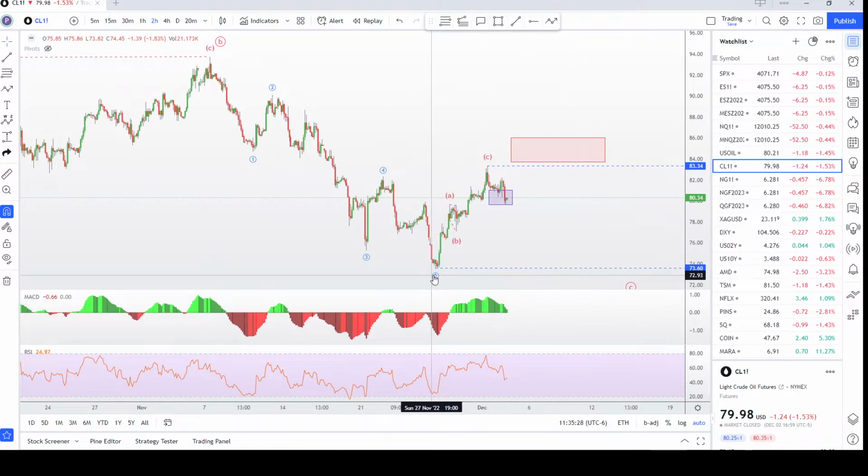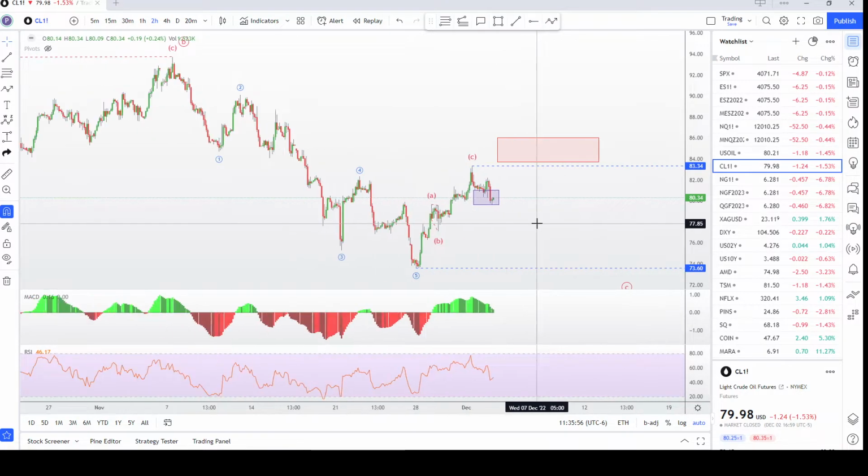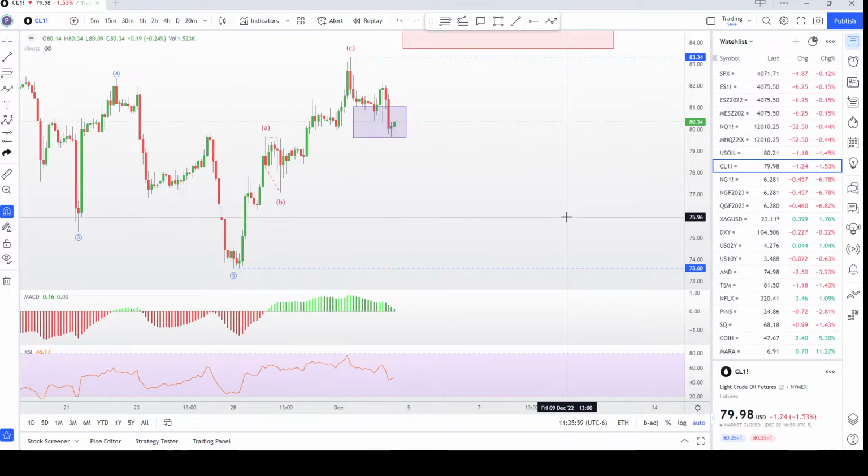So we hit the low last Sunday or Monday, early Monday morning, 73.60, and then all week it just shot up $10 to 83. But I don't think that this is all the correction. Even though there are 3 waves, I feel like this ABC is just going to be like the A wave, and it's coming down and it's coming into this zone where I would expect maybe a response